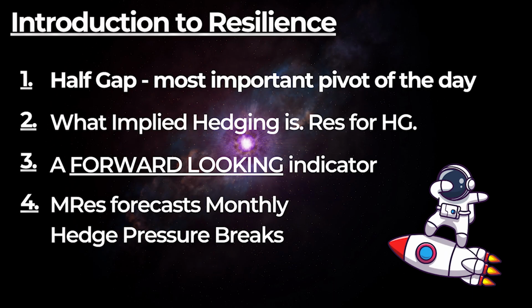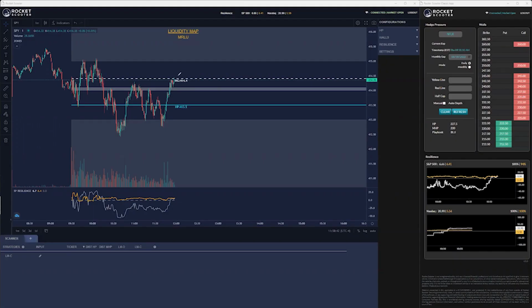Okay, so today we had a question about resilience. Essentially, resilience is a forward-looking indicator that looks at the arbitrage between an index and the stocks inside of it. Now, the way that it works is a very simple process: anytime you have a stock that opens